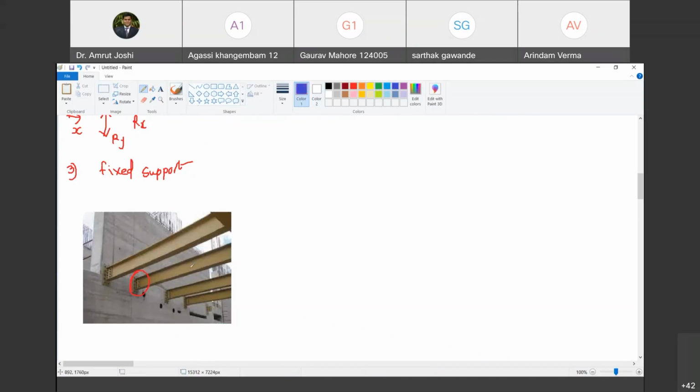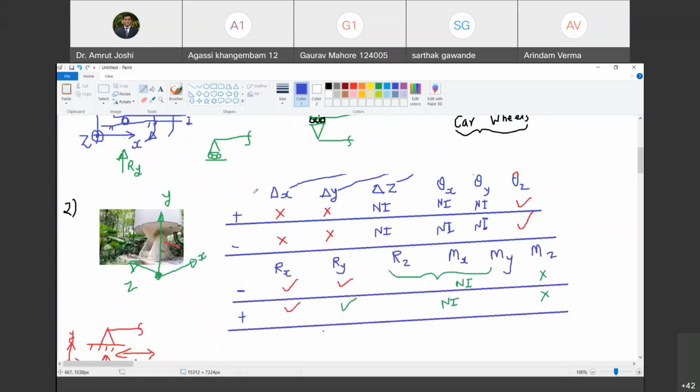How? I will just demonstrate that. Let us call this direction as X. No, this direction as Z. Let us call this direction as Y. And let us call direction along the wall as X. Are you able to imagine this now? So these are the three directions X, Y, and Z. And now let me borrow this table as it is here.